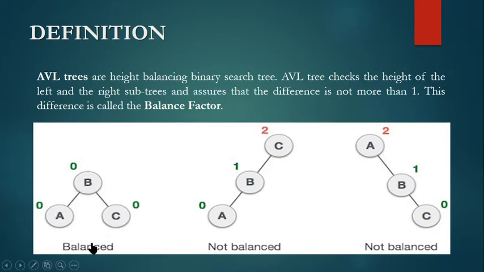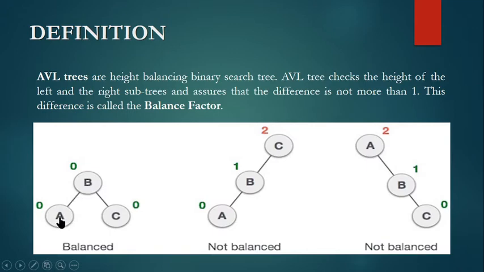This picture we say is a balanced one. Let me tell you how we calculate that. A and C are the leaf nodes and B is a root as well as a parent for A and C. Below this A we don't have any other node, even if we don't have anything, it will be considered as 0, 0. So 0 minus 0 we get 0. Likewise under C we don't have anything, we still consider the left and right as 0, 0 minus 0 as 0. Now I come to the parent node B.